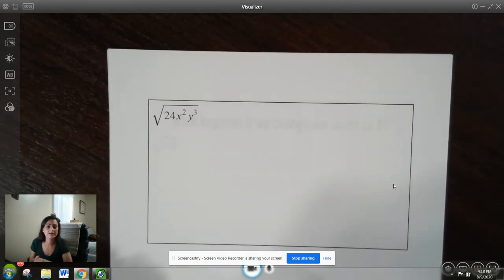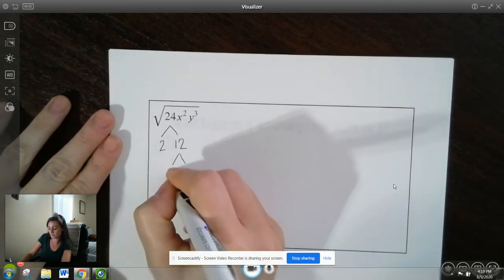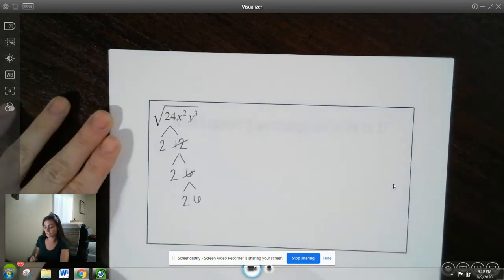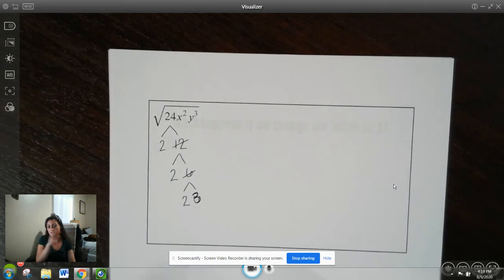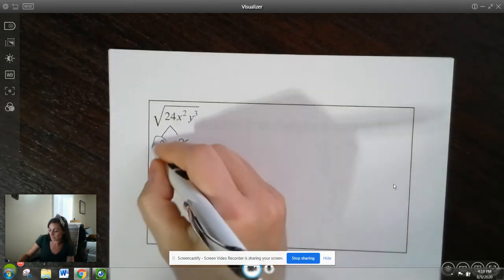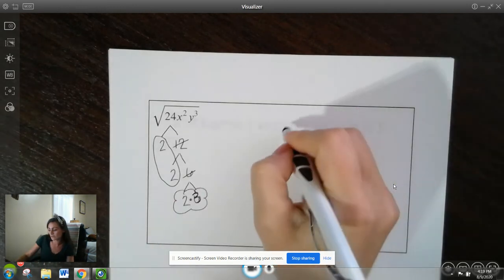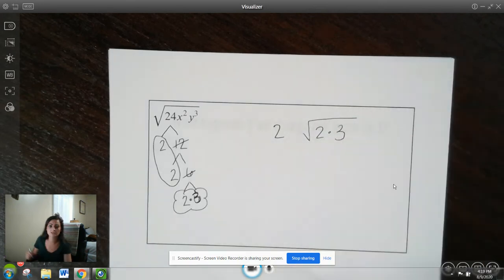All right, now I'm throwing variables into the mix. It does not change anything. I'm going to start with 24. I've got 2 times 12. I'm going to knock down 12 to 2 times 6. And I'm going to knock down 6 to 2 times 3. All the way down to 2 times 3, Miss Hall, 2 times 3. So I've knocked them down to prime factors. I've got a pair of 2's. Those are left over. So I know at least this far, I've got 2 times 3 inside of the radical